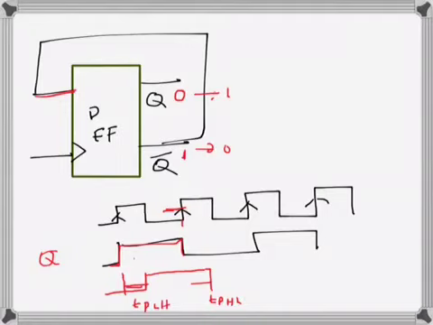Setup time means before the clock edge comes, the input cannot change for a while, so this width has to be greater than the setup time. We can see this width, when we increase the clock frequency, will start getting smaller because f is 1 over T. So this width will get smaller with increasing frequency, but it has to be bigger than a minimum value, and that minimum value is